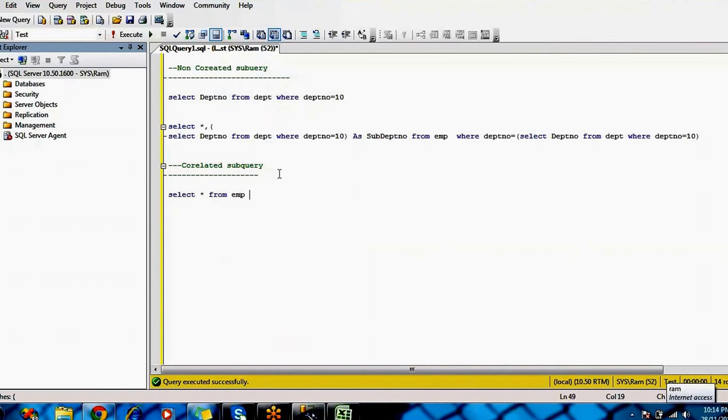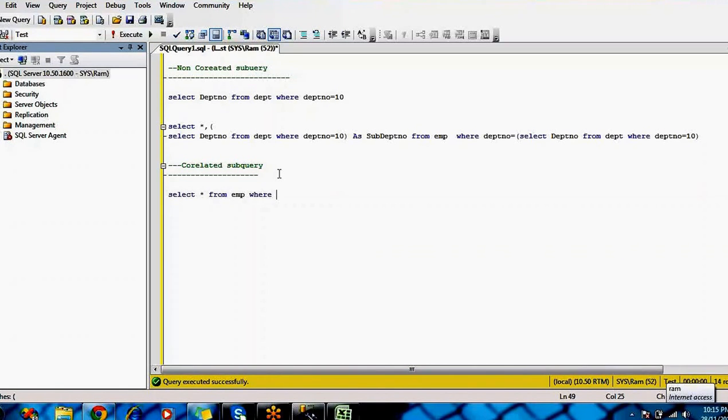What I want to expect from this correlated query is to find the second highest salary in the employee table by using a correlated subquery. How to find the second highest salary from the employee table using this correlated subquery, right?